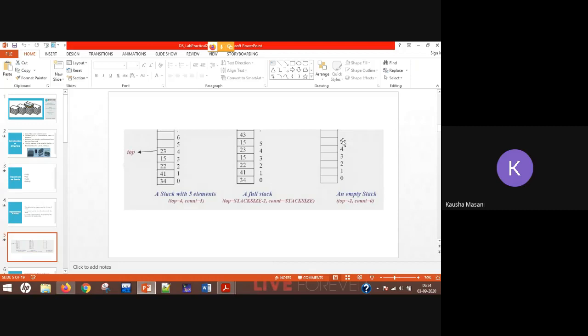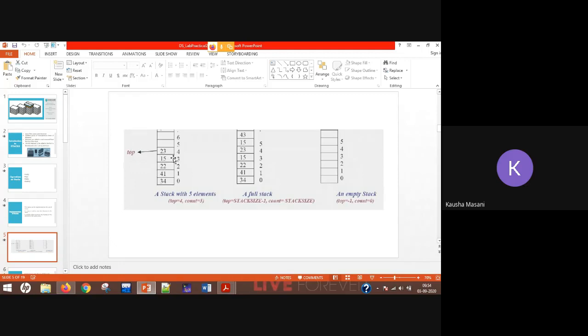So for a stack to be empty, the value of top will be -1. Or for the stack to be not completely filled, see here, your stack is not completely filled, so top is less than stack size -1. You are going to check whether there is space before going for a push operation.